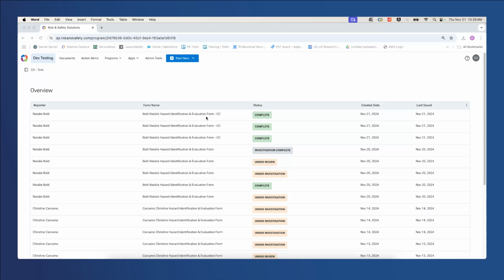We recommend closing them as soon as possible to make sure that we don't have inspections that are left open. So we do want to get to that complete phase, but the two-step process allows for, if needed, more than one person to be able to review the inspection and confirm that the inspection has been completed.